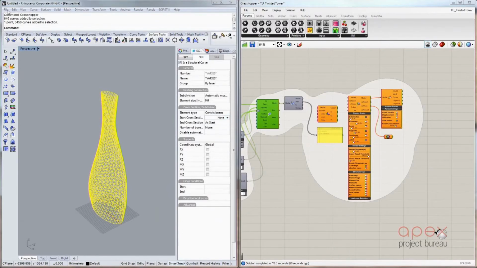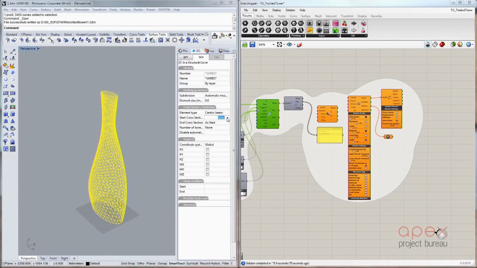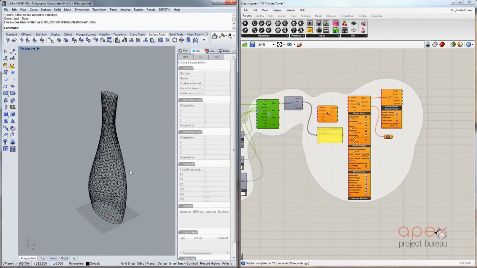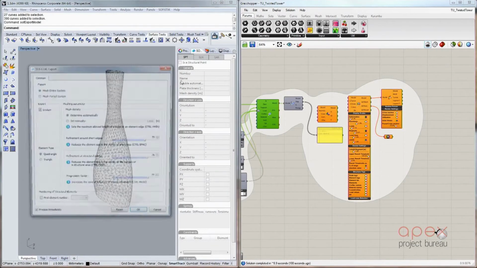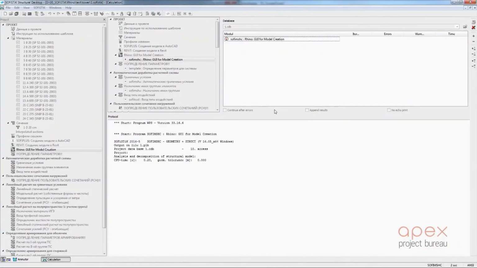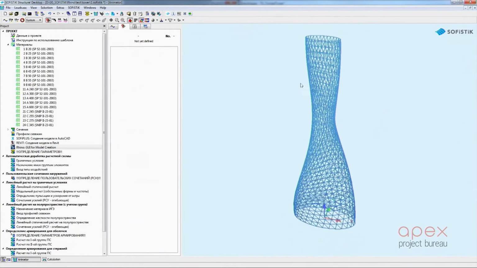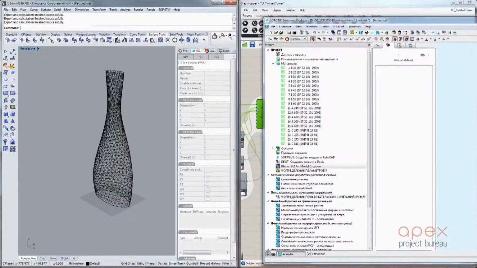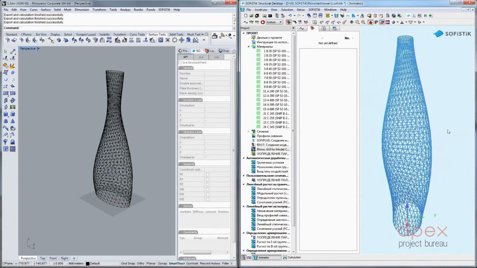I can define cross sections and set up how these elements work, and save the model for analysis. After that, I export the model. It will think a little bit, and now I have this model. So this connection works brilliantly,